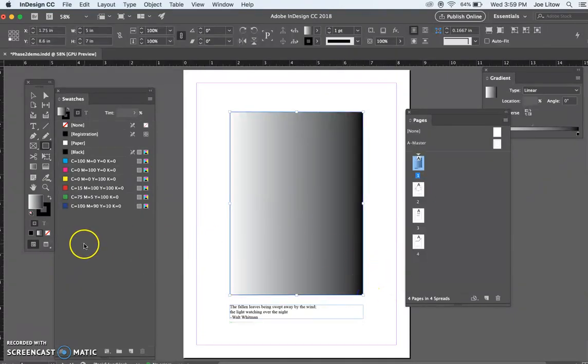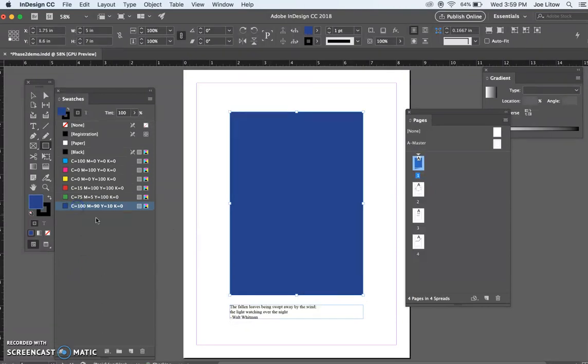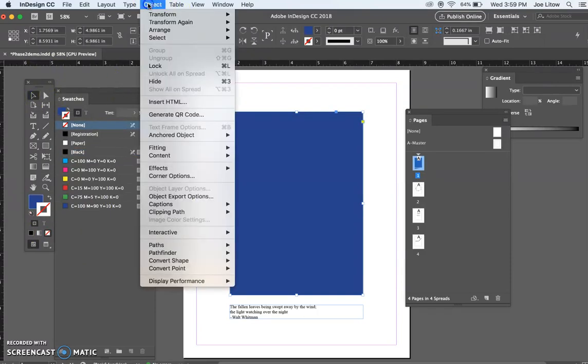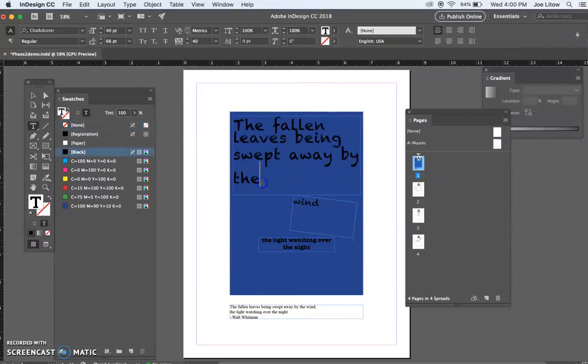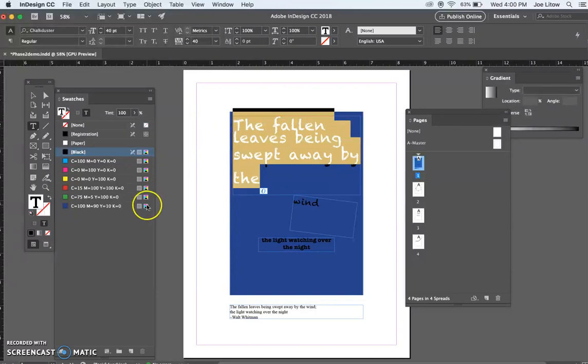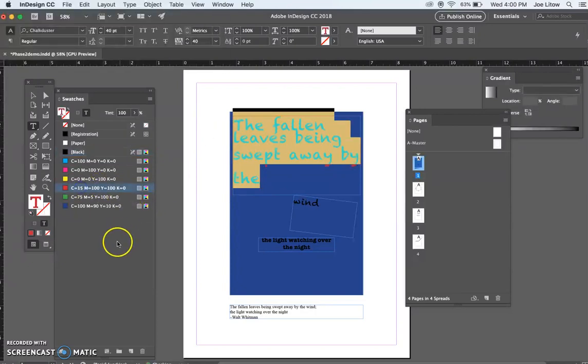And I don't want that. I want to click and make it dark blue. All right, now we'll take the dark blue and we'll take the stroke and make it none. With the black arrow selected, the selection tool, go to Object, Arrange, Send to Back. So now we have a blue background, and we can see that we have the leaves falling swept away by the wind. All right, we can double click this, select the fallen leaves, and we'll make it into that color,